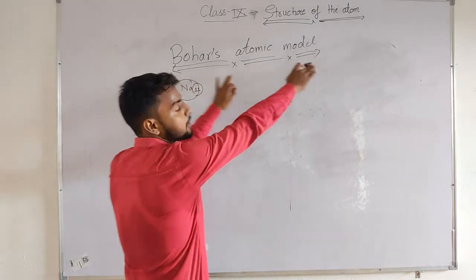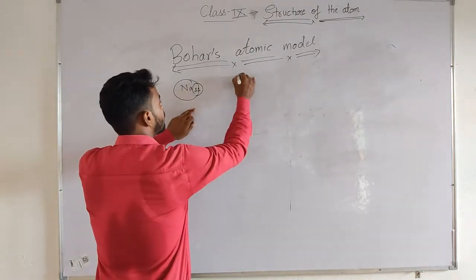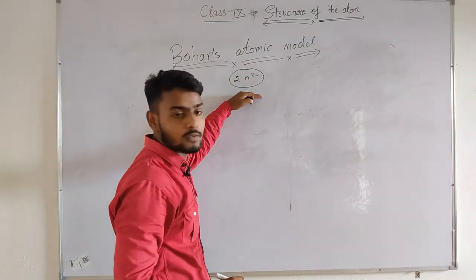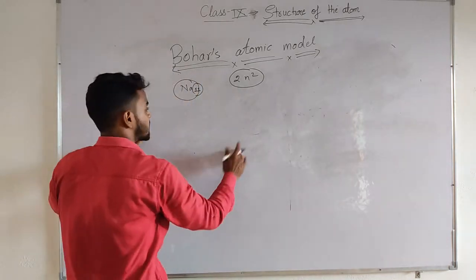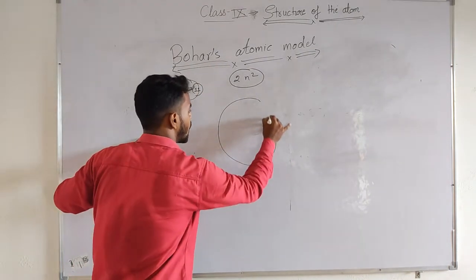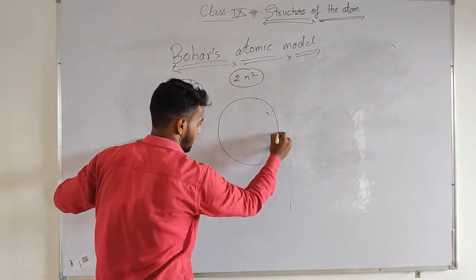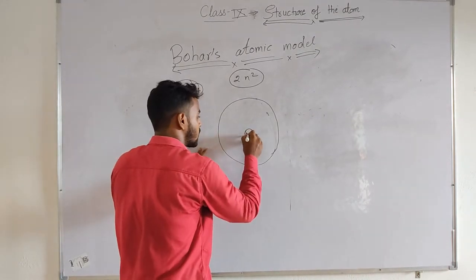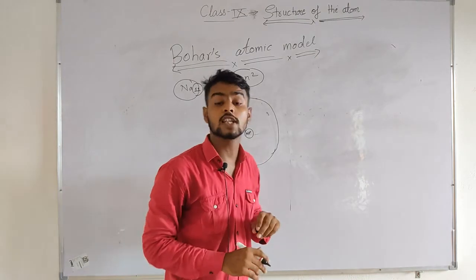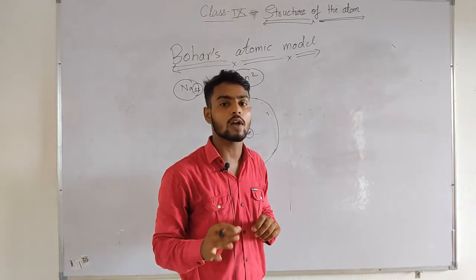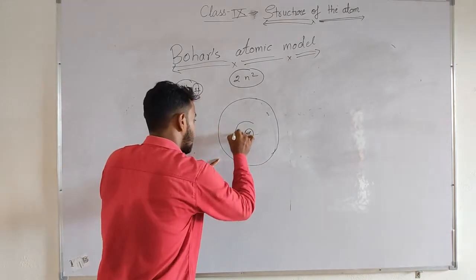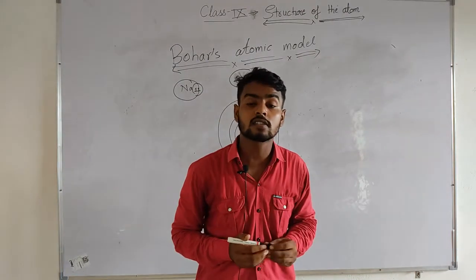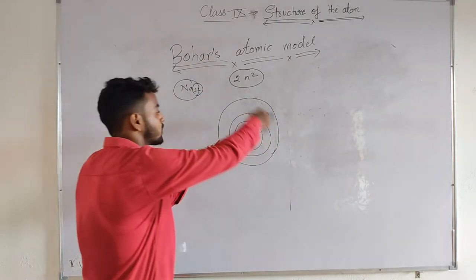If we are going to arrange 11 electrons in their particular shells, we first take the formula of the Bohr atomic model, which is 2n square. Now draw a sphere, because all atoms look like a sphere. It has a center, the nucleus, where the neutron and proton are present. The proton has a positive charge and the neutron has no charge, and all the electrons are continuously revolving around the nucleus, just like a solar system.